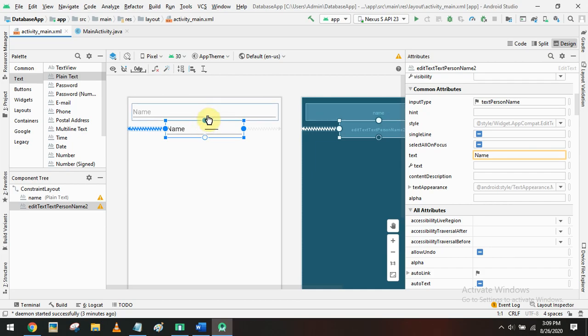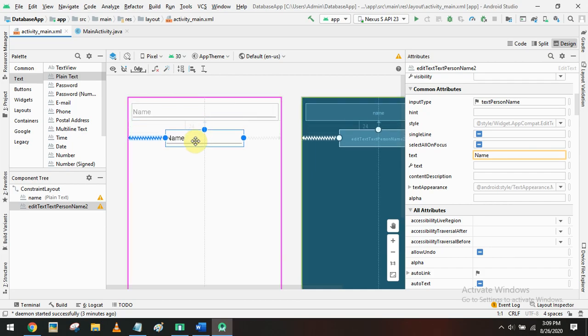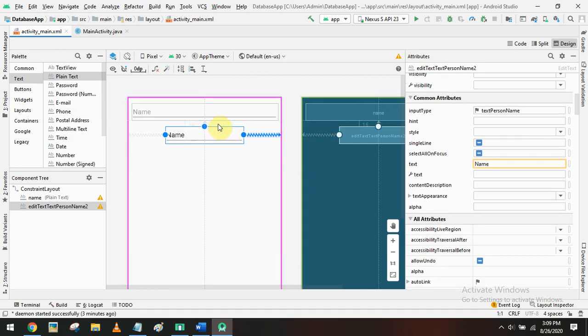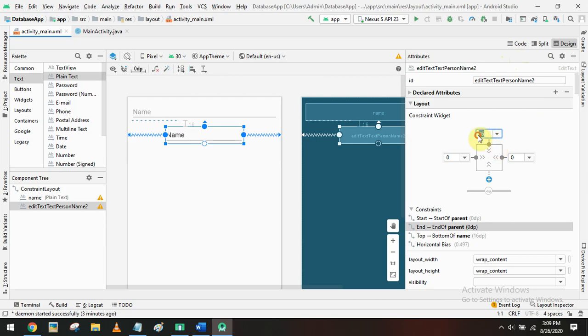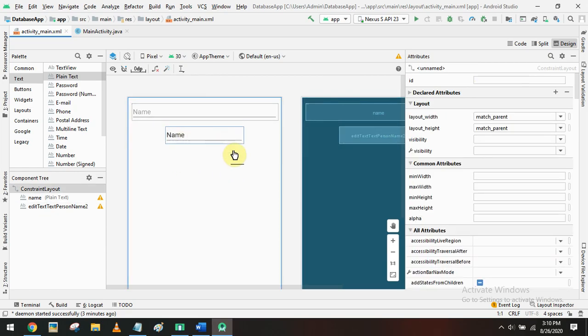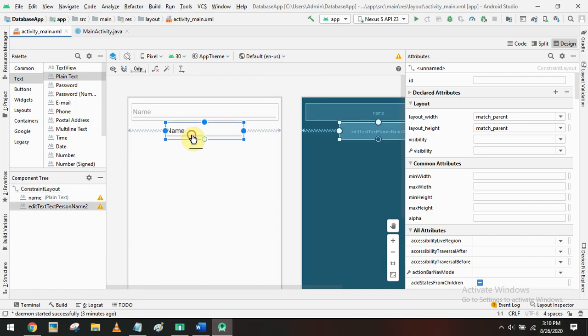Now if you want a small gap, we can just drag it. Otherwise we can adjust the top margin here also. 5 dp is enough. So we'll get a small gap between the first text box and second text box.